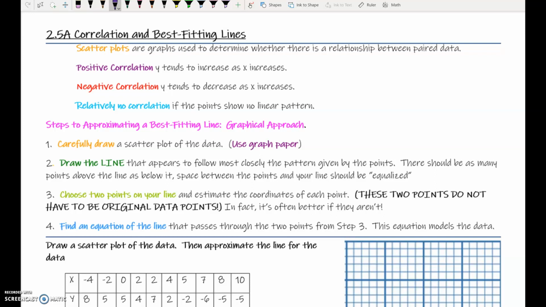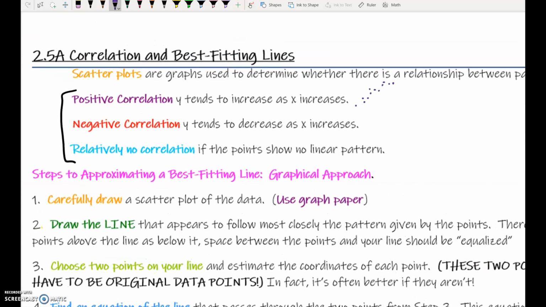We use scatterplots to decide if there's a relationship between paired data. This data can have a positive correlation, a negative correlation, or relatively no correlation. So we're going to talk about these three things. A positive correlation is when the y values tend to increase as the x values increase. So if you see that the points have what looks to be a positive slope, it would be a positive